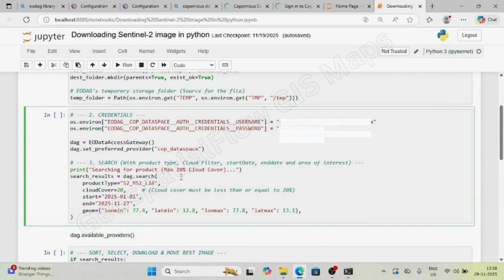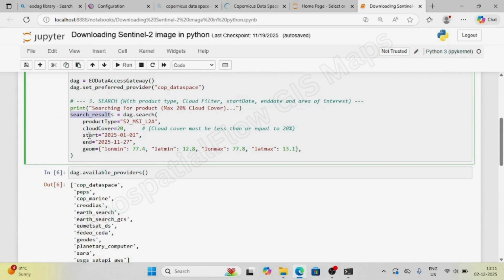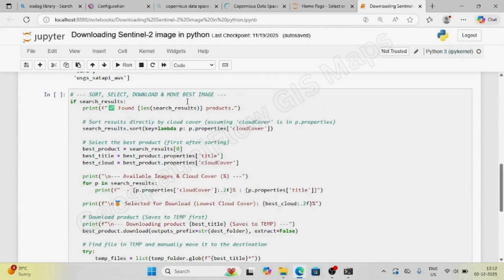Let's run the search query with the dag.search function, and this will give the list of available images with less than or equal to 20% cloud cover, and with a specific start and end date and geolocation of the area of interest. All these parameters are used for filtering the catalog of products, and the results are stored in search_results.